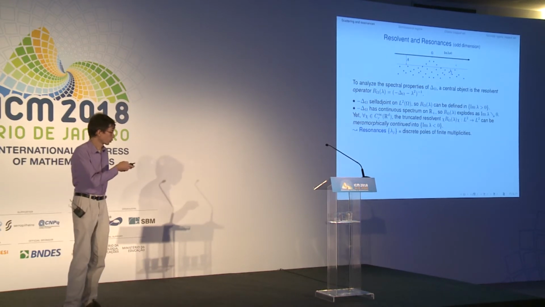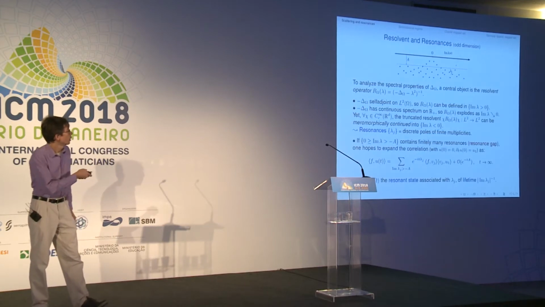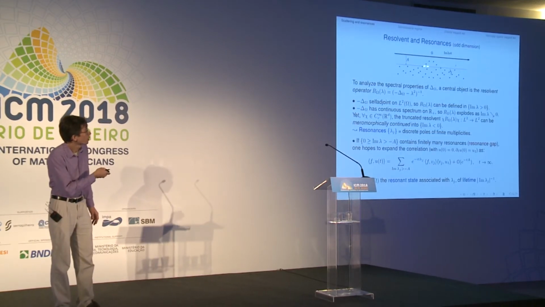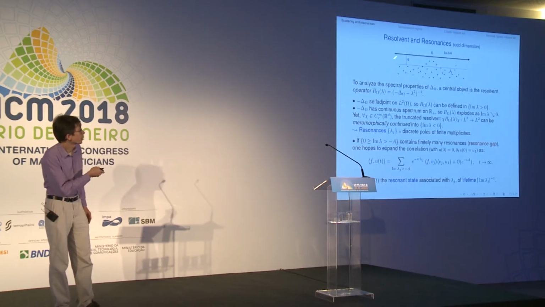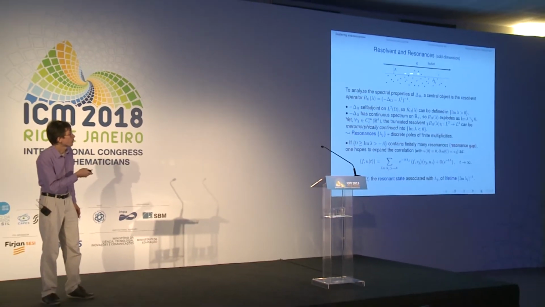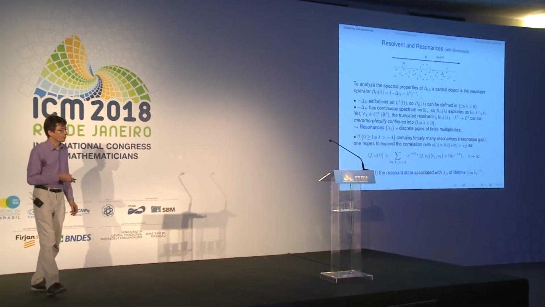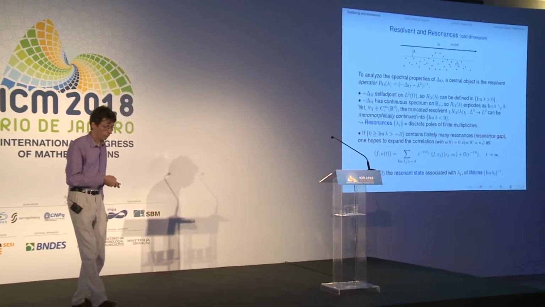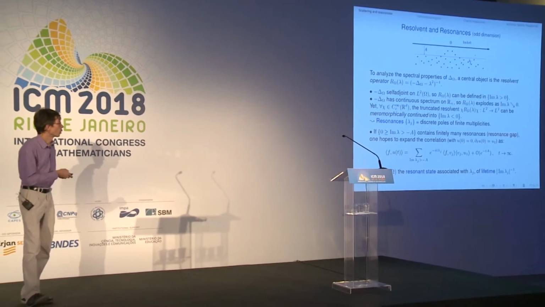So here, for instance, I showed a situation where these resonances have a gap. A gap means that above some line below the real axis, some line imaginary part equal to minus a, there will be only finitely many resonances. And here, on the right and the left, there's no resonance. So in such a situation, which we call the situation of a resonance gap, one hopes,